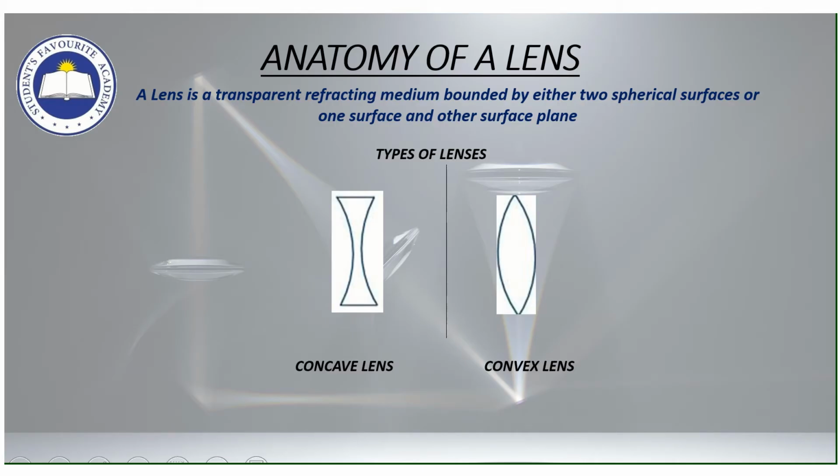There are two types of lens, you are already aware of it. One is the convex lens, which has both the sides bulging, and the other one is concave, in which both the sides are pressed inside. So this is called concave and this is called convex. This identification is very important for you. If you are asked to draw a ray diagram using a convex lens, you cannot draw this. Convex is both the sides bulging like this, and concave both the sides depressed, cave. Remember that way, cave.